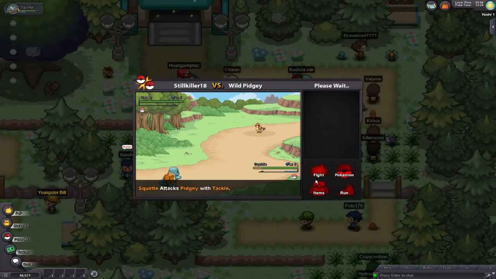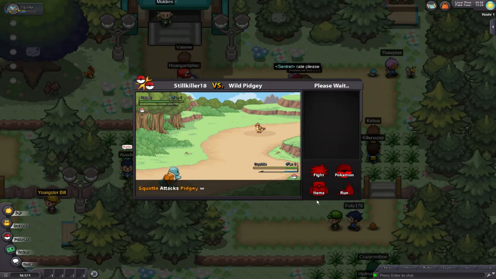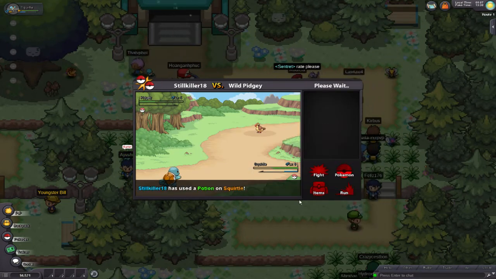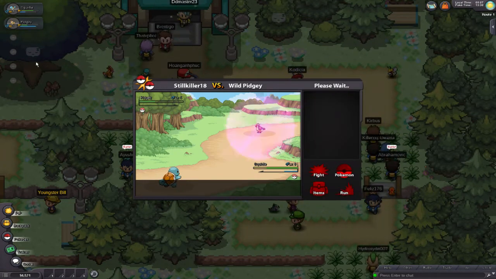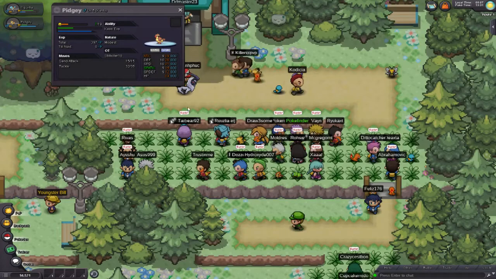Of course, as all Pokemon games go, you want to weaken the Pokemon before you catch it. My strategy usually is to weaken it and then sleep it, but unfortunately I don't have a Bronzor or anything yet, so gotta potion my Squirtle up because things get scary, and hopefully we can catch it on the first. Yep, there we go. Alright, so the IVs are awful, of course, because that's all this game does,